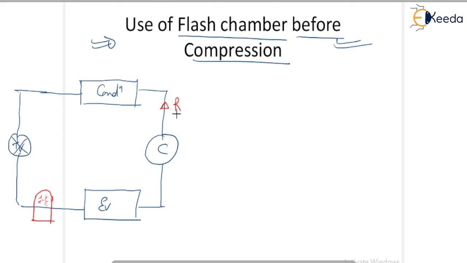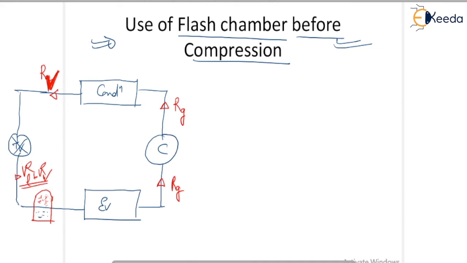phase, then your refrigerant here is in gaseous form, also your refrigerant here is in which form? Gaseous form. Also here your refrigerant is in gaseous form. Is it right? Sorry, in vapor form. And here after this throttle valve, your refrigerant is liquid with some amount of vapor form. So my dear friends, when this liquid refrigerant and vapor refrigerant enter into this flash chamber, then all